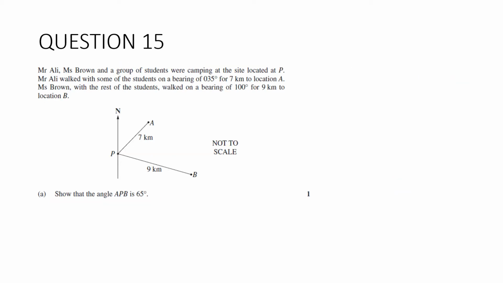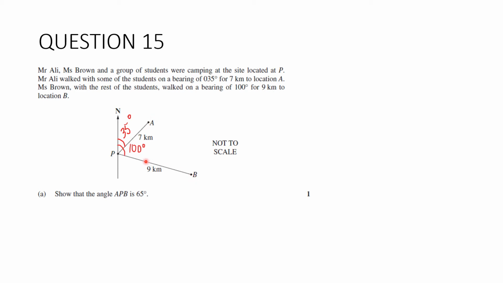Question 15. Mr. Ali, Ms. Brown and a group of students were camping at the site located at P. Mr. Ali walked with some of the students on a bearing of 35 degrees for 7 kilometres to location A. Ms. Brown walked with the rest of the students on a bearing of 100 degrees for 9 kilometres to location B. Show that the angle